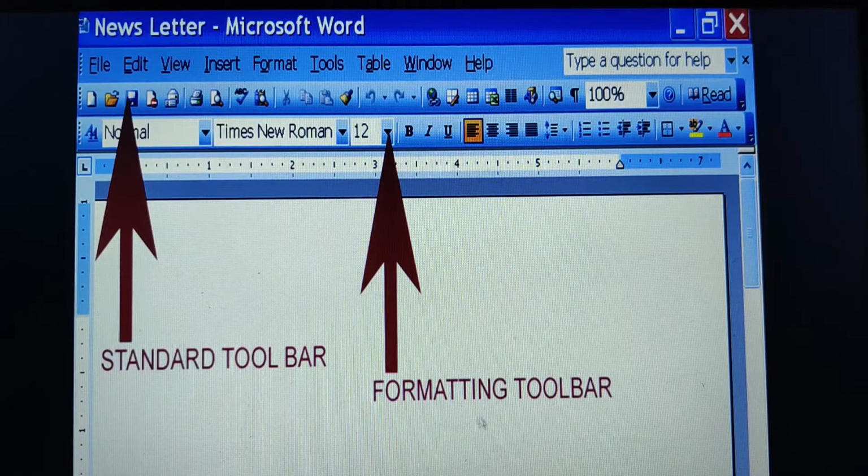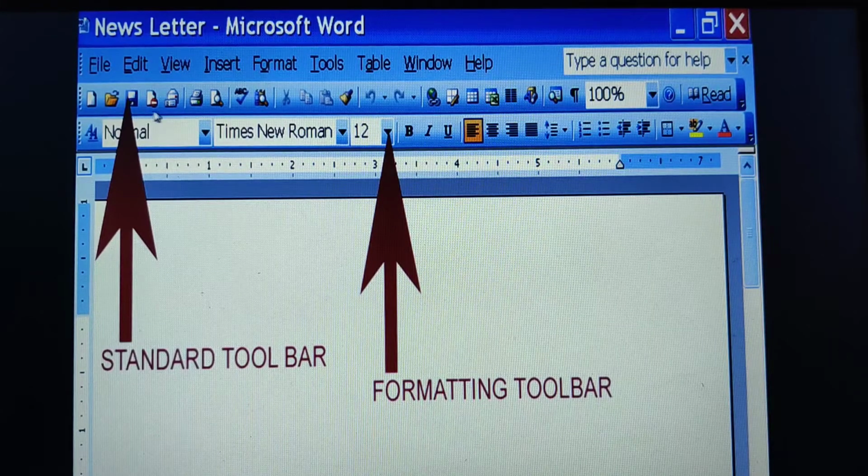Now the formatting toolbar. Next is, what is the formatting toolbar? The formatting toolbar consists of all the formatting options that you can perform on your document. Suppose you have some content, and I want to increase the size of that text, I want to change the font style, I want to underline it, I want to use italics, I want to give it center justification. All the toolbar buttons which appear in the form of small icons or pictures related to the formatting of the text are referred to as the formatting toolbar.